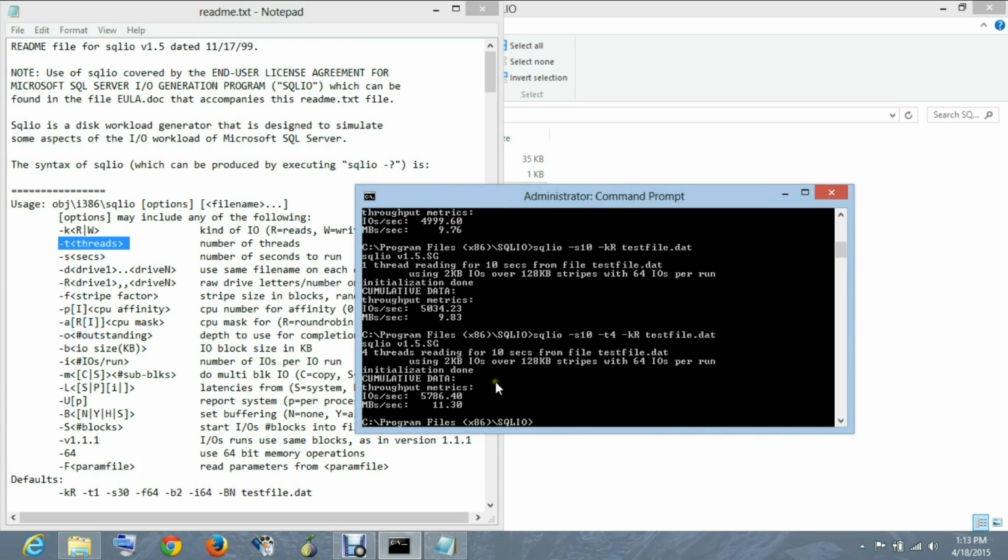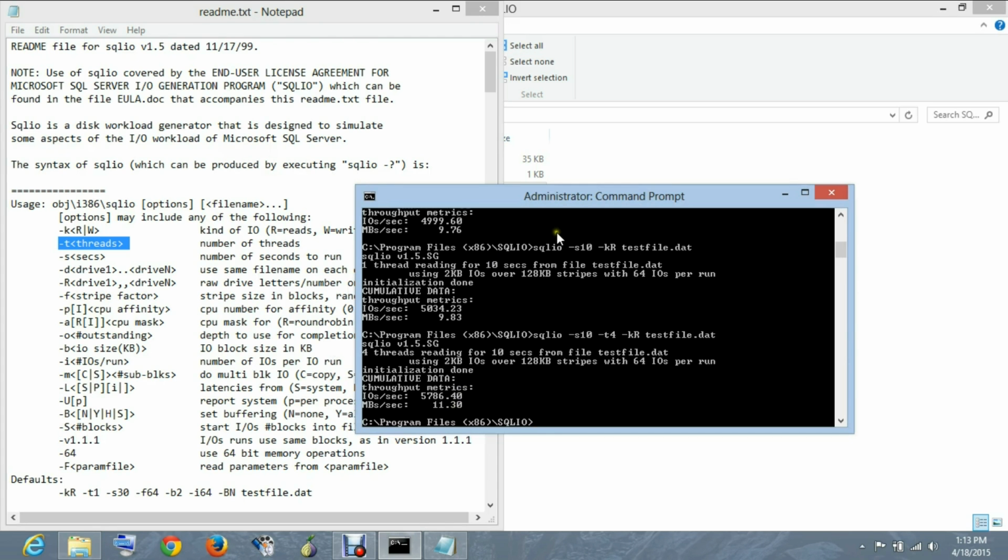Now see the 4 threads. The number of threads has increased, leading to an increased number of IOs per second. Since the number of threads has not increased by a much greater amount, but once we reach a limit, the bottleneck, so to speak, if you keep on increasing the number of threads beyond that amount, the IOPS and throughput will start to decrease drastically.